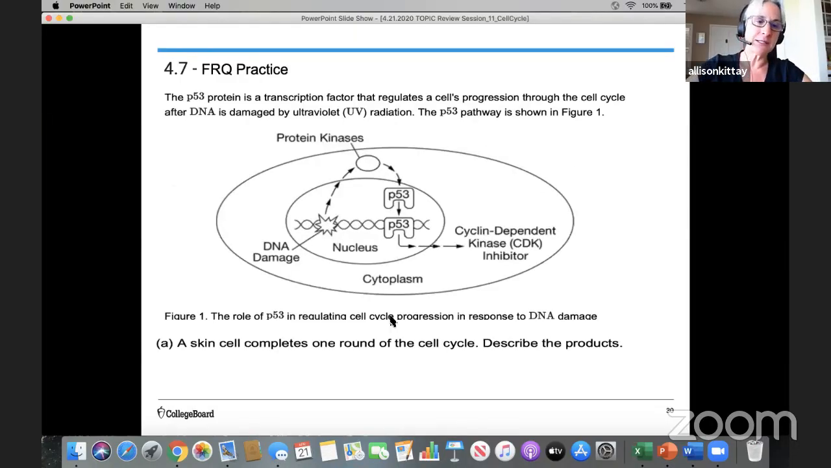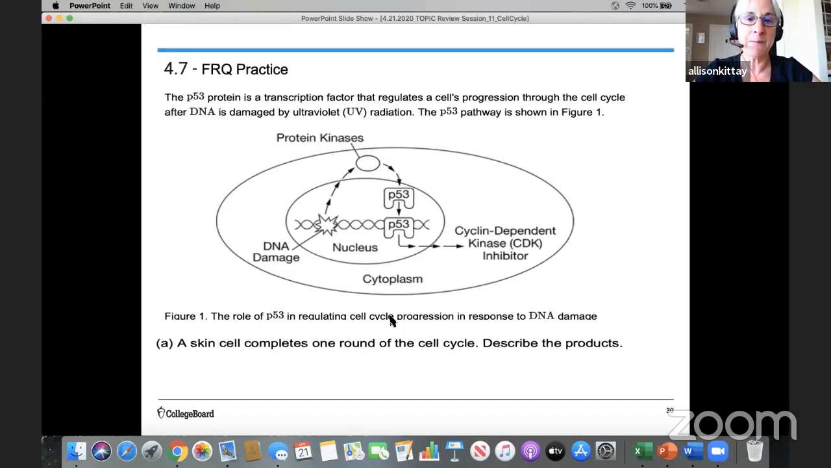Let's do one more practice. This has to do with regulation. So we're looking at a diagram of the role of p53 in regulating the cell cycle progression in response to DNA damage. And this looks a lot like the example I gave you. So it says that DNA is damaged, that stimulates those protein kinases, and it looks like it's going to p53. Well, p53 doesn't leave the nucleus, it activates something on the DNA to produce that cyclin-dependent kinase, the CDK